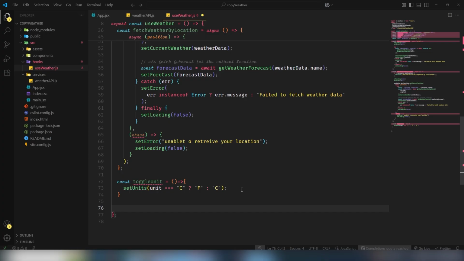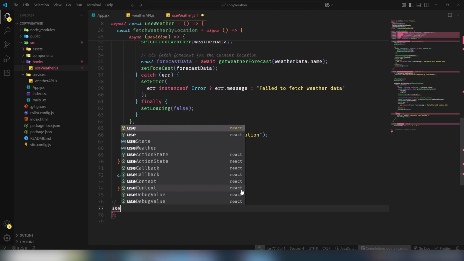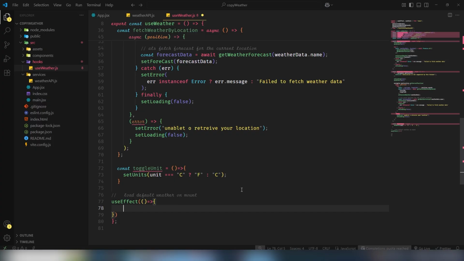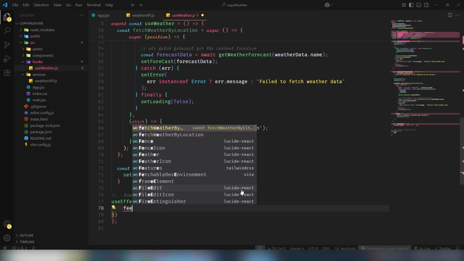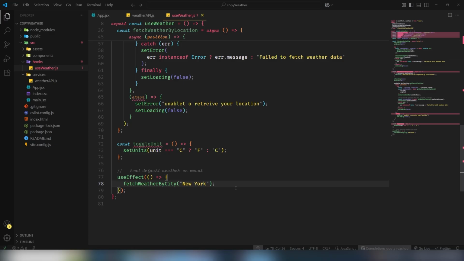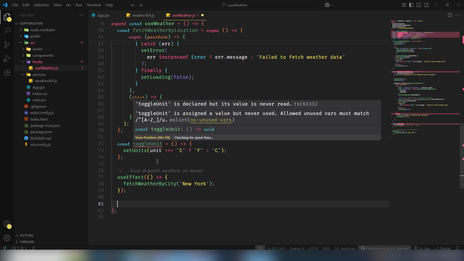And the last and final thing, I'm going to add load default weather on mount. So I use the useEffect hook, and we need to call fetch weather by city. By default, I'm going to assign the city name as New York. Right, so the last and final thing is you need to use a return keyword and get the function